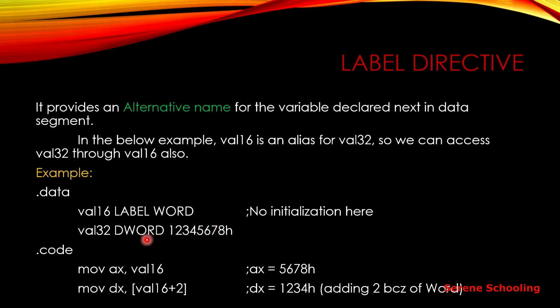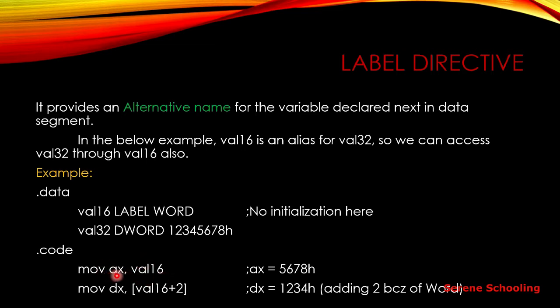Because of this DWORD, it is a 32-bit number, right? But I don't want to access this whole number, I want only the lower part of this DWORD, and we know the lower part of a DWORD is a WORD, because this is a 4-byte number and the lower half will be 2 bytes. We can get 2 bytes from a WORD because it contains 2 bytes. So here you can see inside my code part, I am moving this alias name